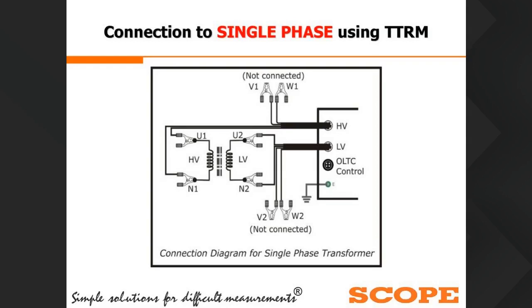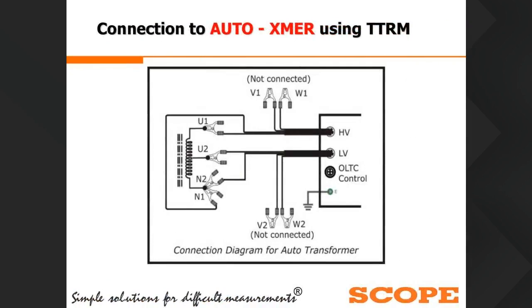only HV points, that is R and neutral, we need to connect. The remaining ports that are not connected are Y and B. Similarly at the LV side, only connect R and neutral, and the other remaining cables, that is Y and B, are not connected. If it is an auto transformer, in that case, the HV cable we need to connect to